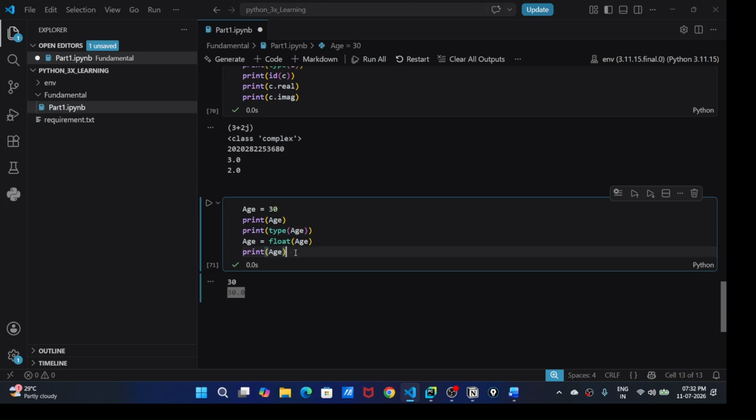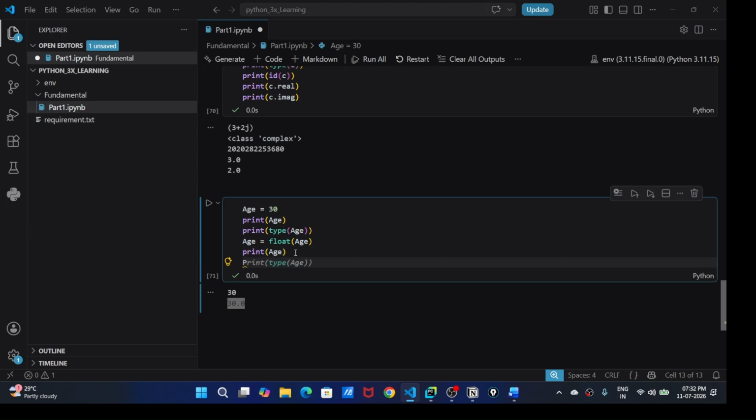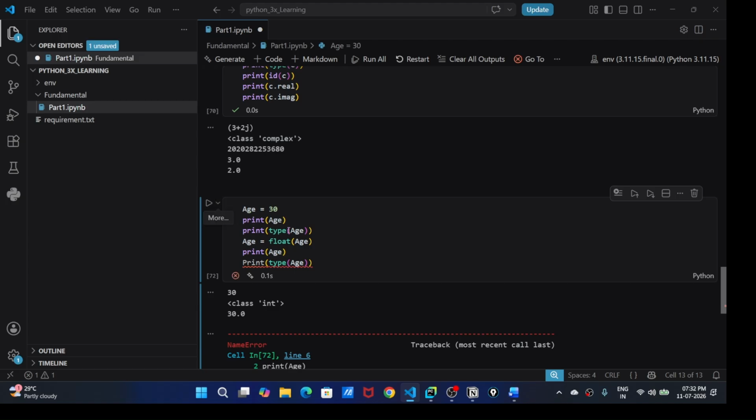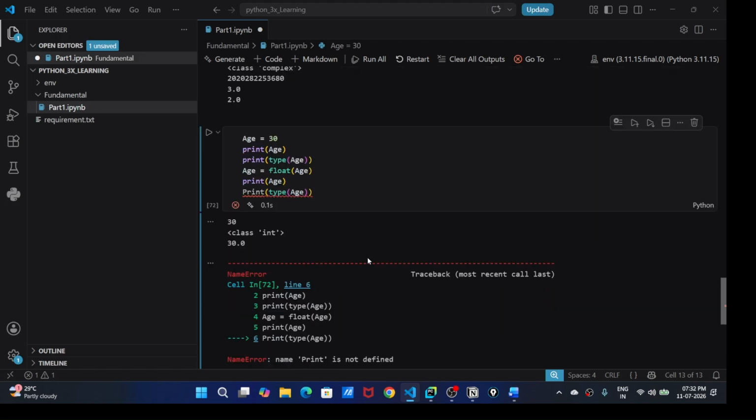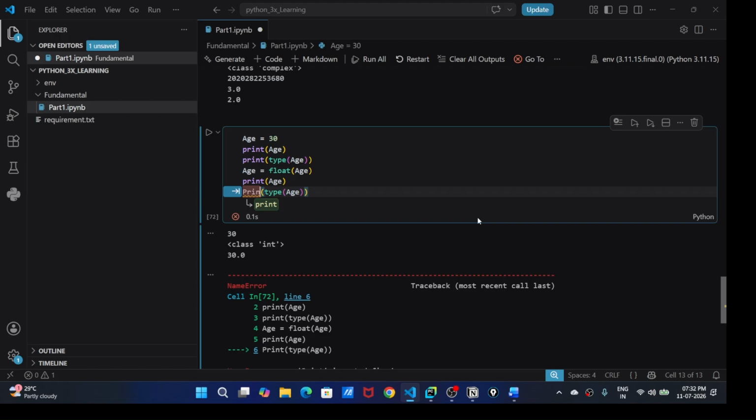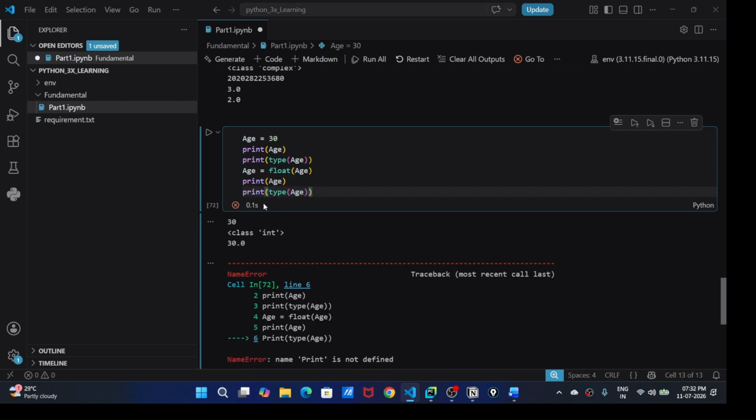And here if you see the print of this type. Both are different. Sorry. Hang on. Print. Okay. Sorry.